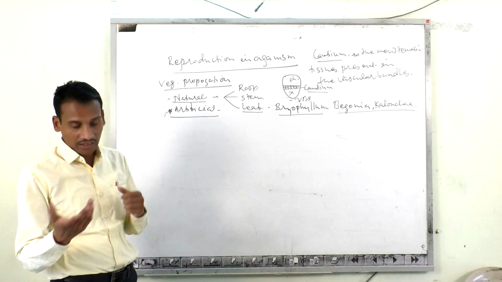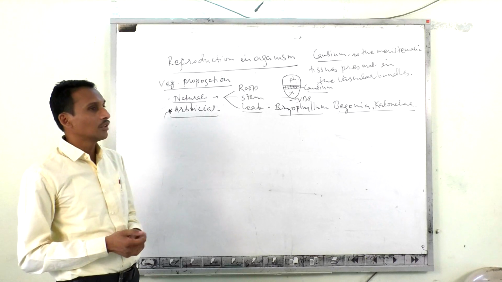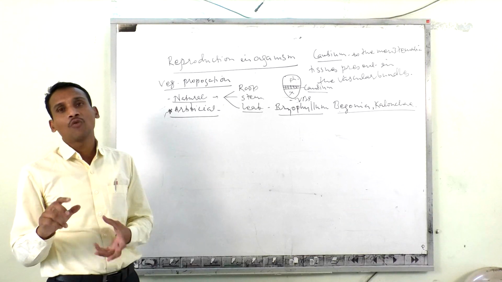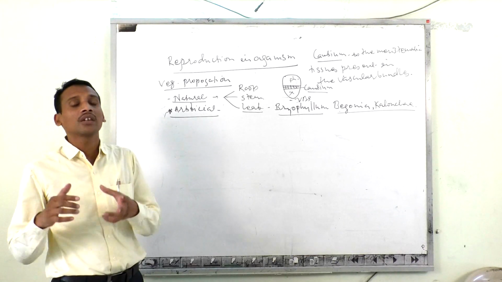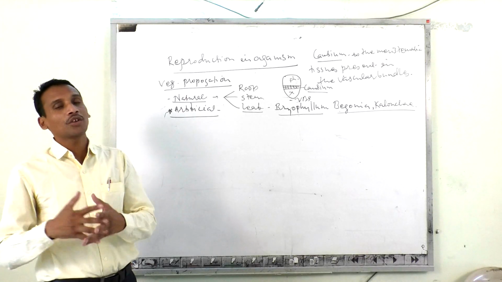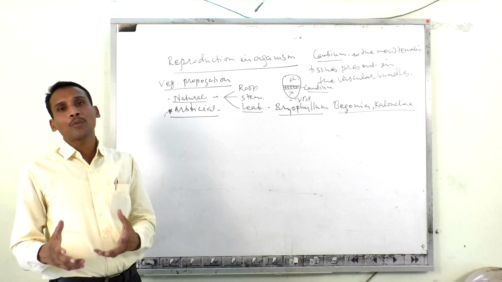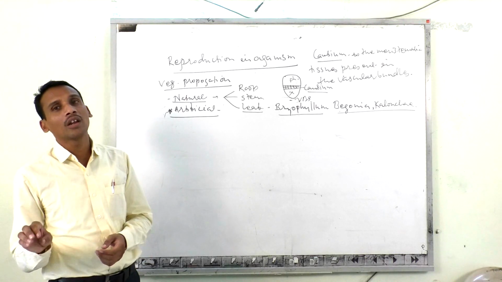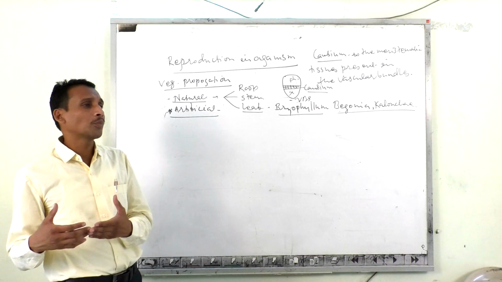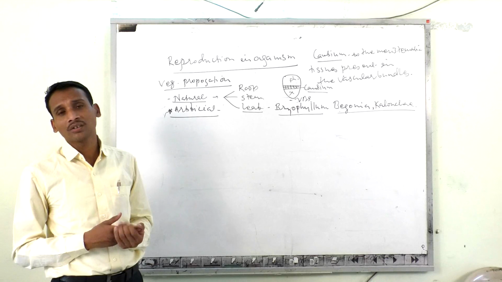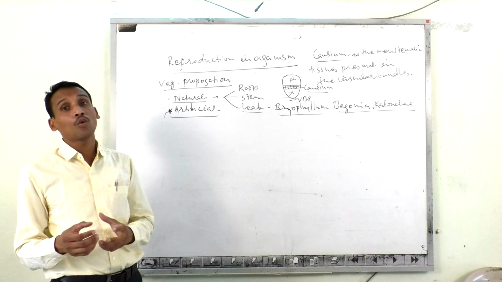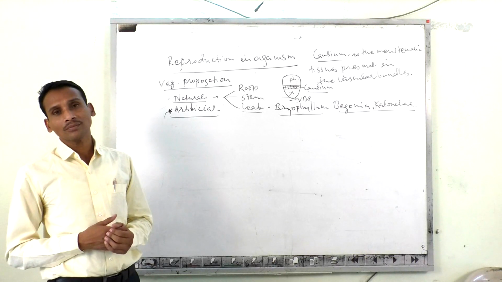And whenever we discuss its demerits, that is the disadvantages, the new individual produced here cannot show variation. It cannot take part in evolution because no genetic mutation or genetic combination is carried out there. The new propagules or vegetative parts cannot be stored in a larger quantity. Because new individuals are produced every time, no dispersal of the new individual is carried out, and there is formation of overpopulation and overcrowding here.